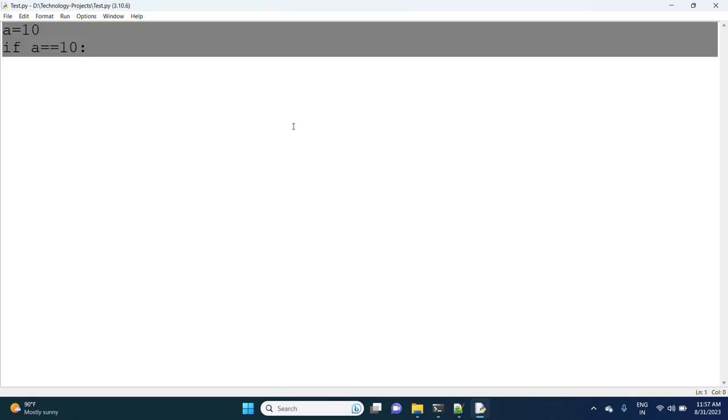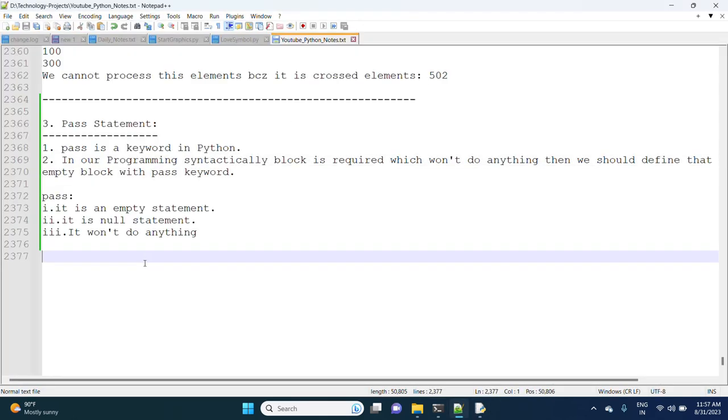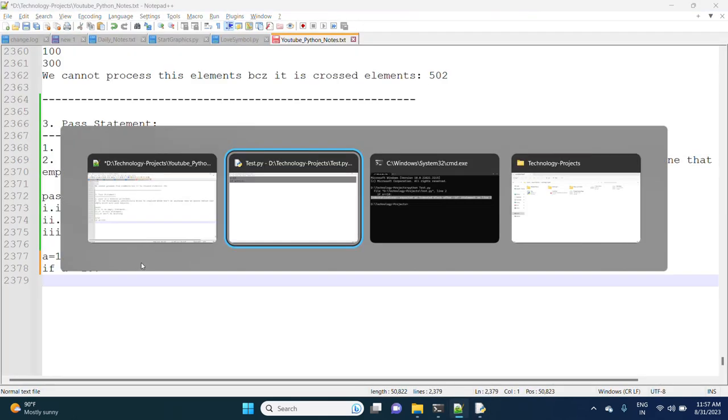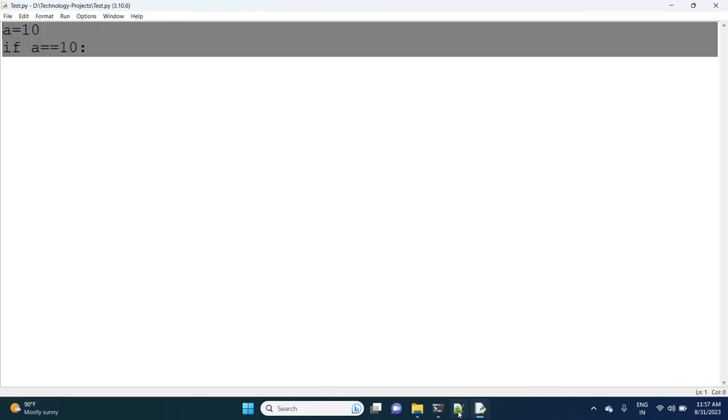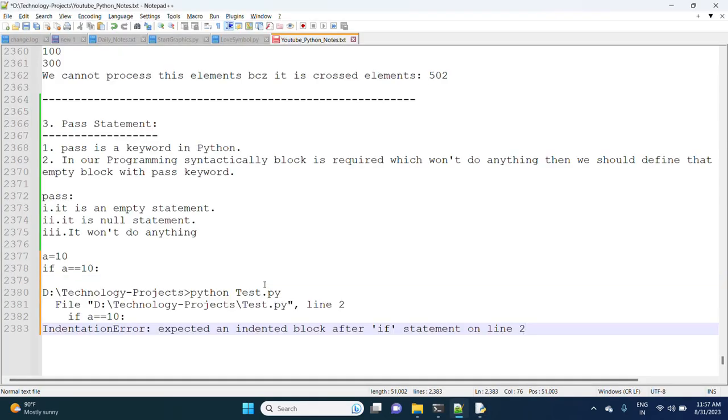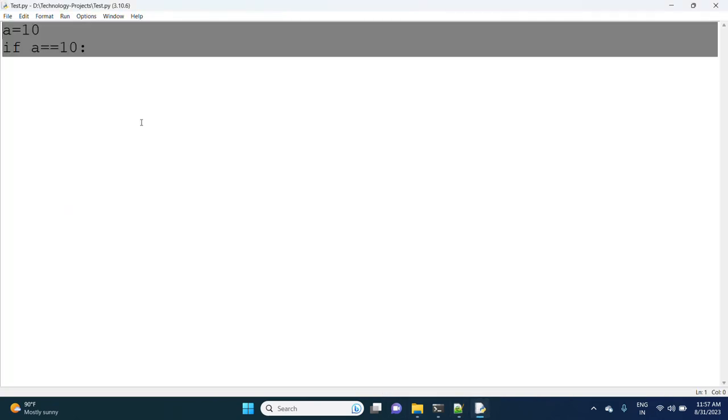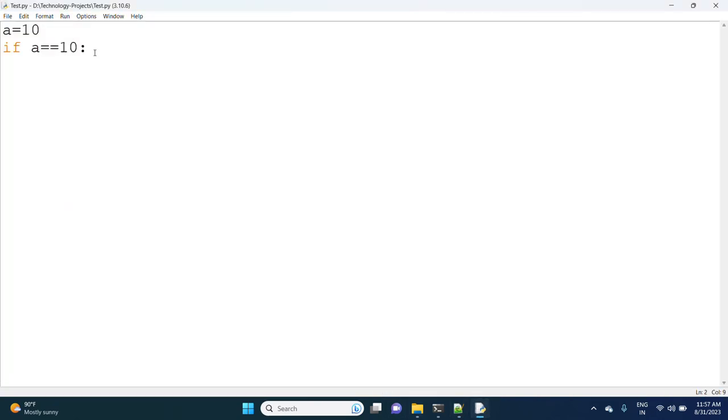If we use it this way, it will give an indentation error. Now suppose, if a double equal to 10, I write pass. Pass means it doesn't do anything, it is just a keyword in Python.